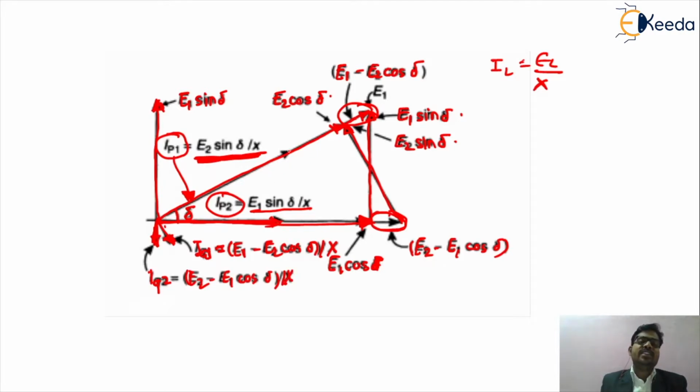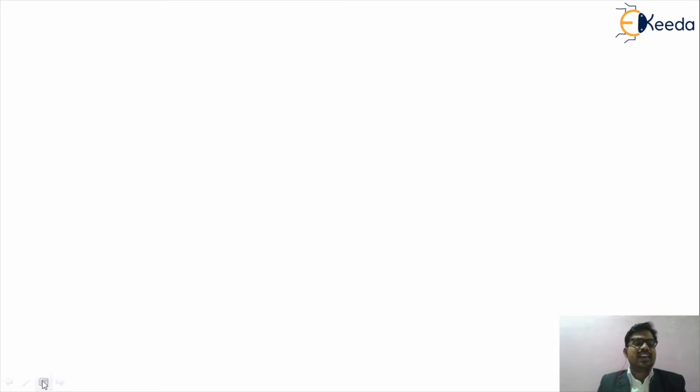So friends, this is the phasor representation, or the phasor diagram, of the active and reactive power flow of your transmission line. Now we can get all these equations by using a simple mathematical formulation. For the sake of the simple mathematical formulation, first we can get the value of the active component.